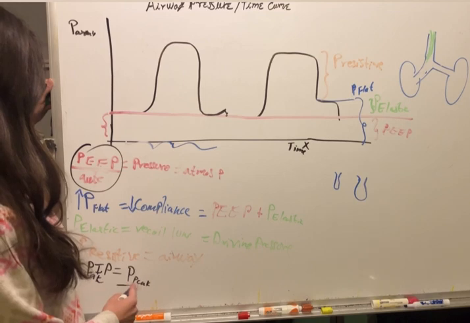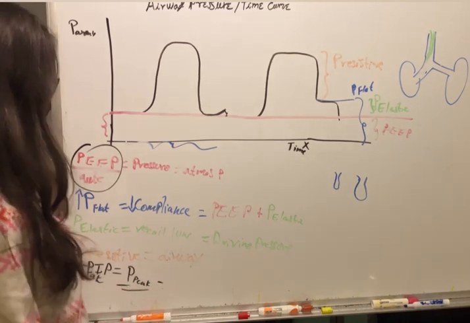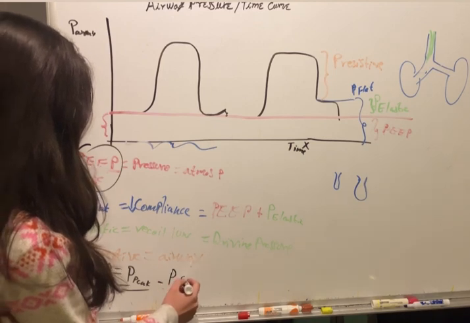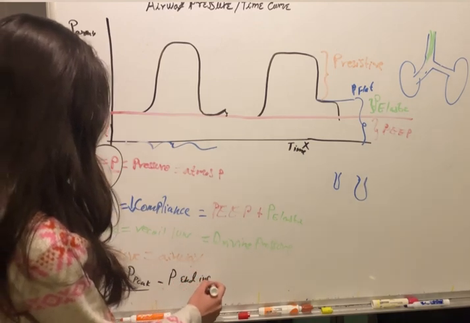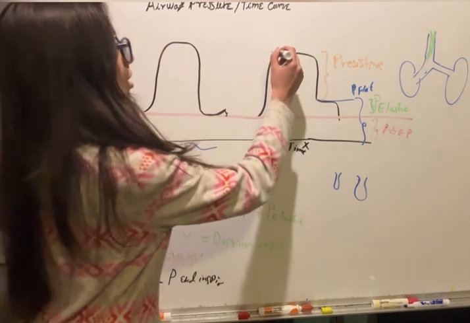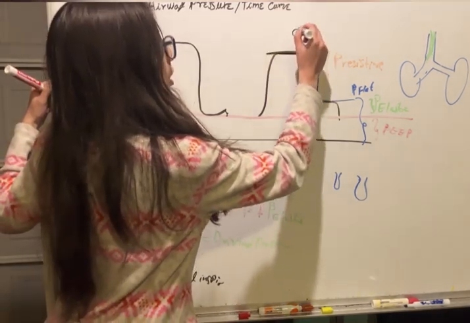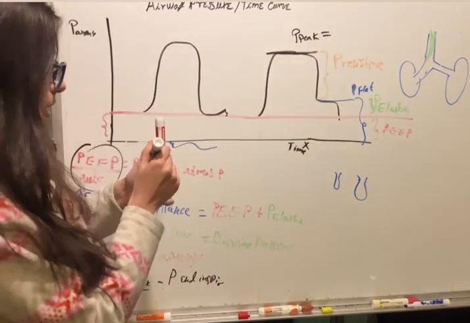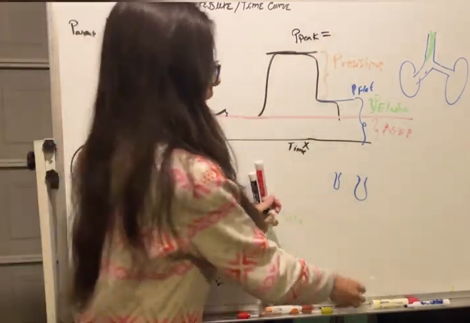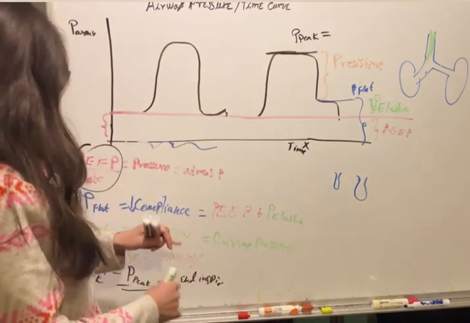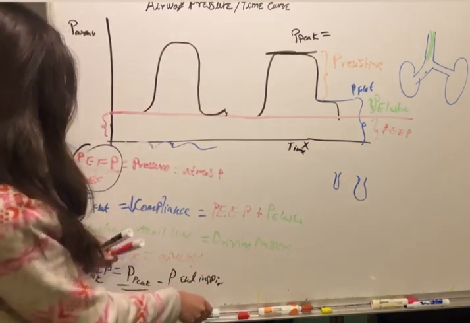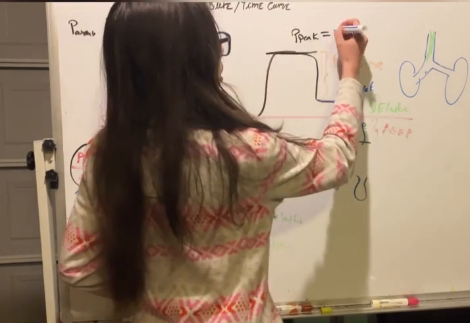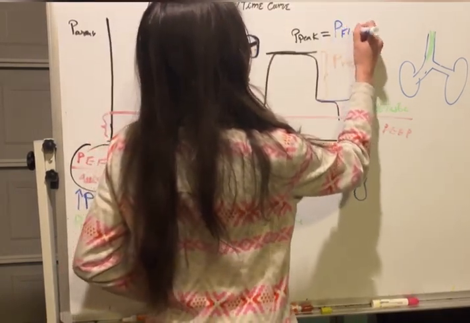So peak inspiratory pressure is the pressure at the end of inspiration. So this is the peak pressure, and peak pressure is equal to how easy it is to expand the lung, which is the flat pressure. So peak pressure is equal to the flat pressure